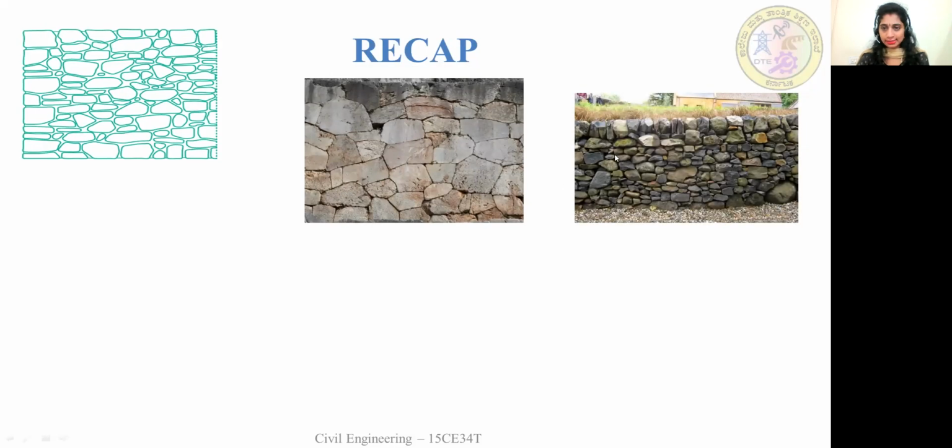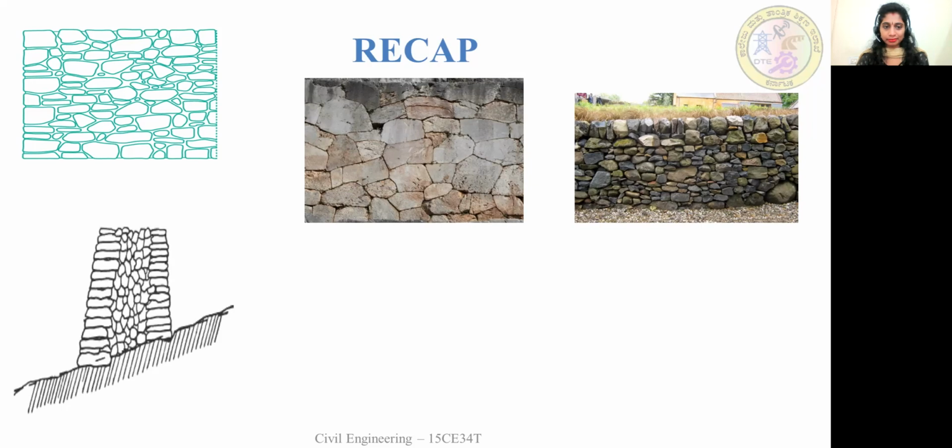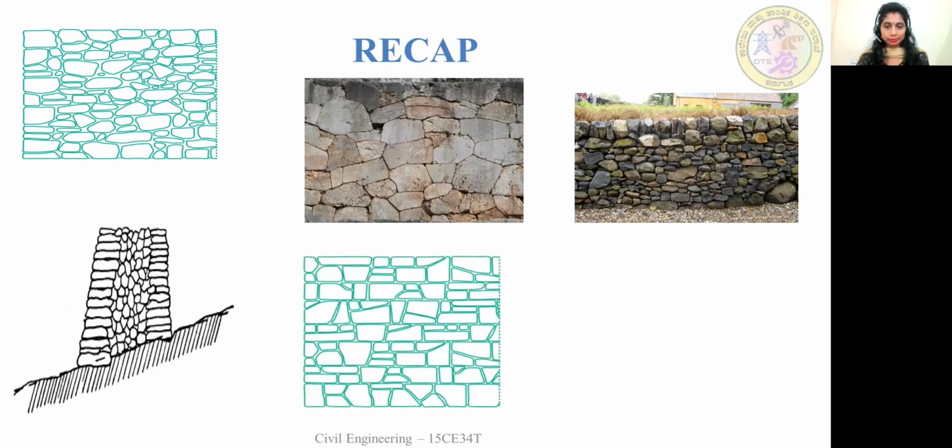So this is another type of masonry. Can you guess? Yes, it is dry rubble masonry. And this is a picture of flint rubble masonry. Can you guess this one? See, in this picture it is clear. These are undressed stones we have used, and courses are not maintained. That's why it is called uncoursed rubble masonry.